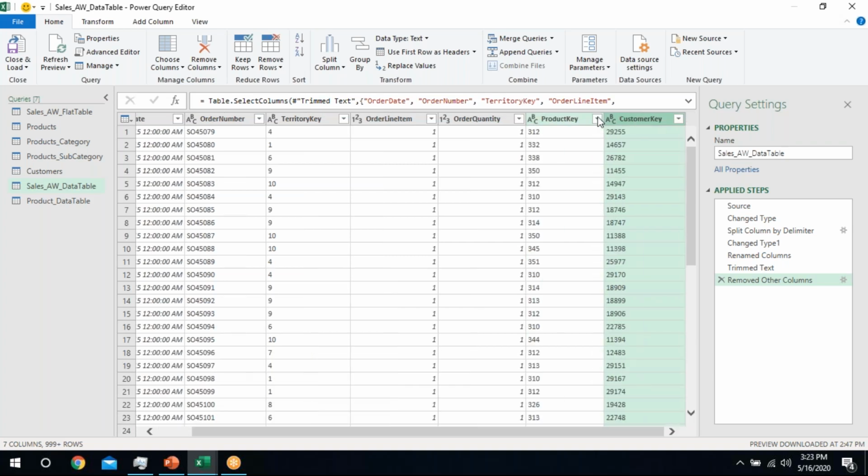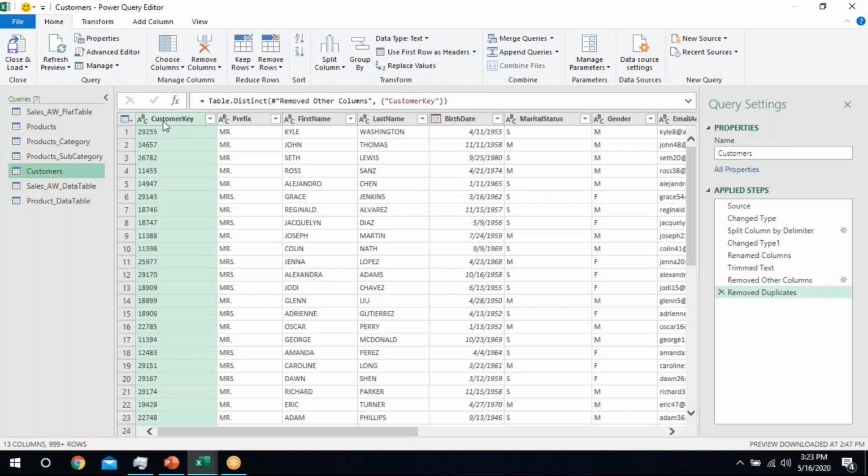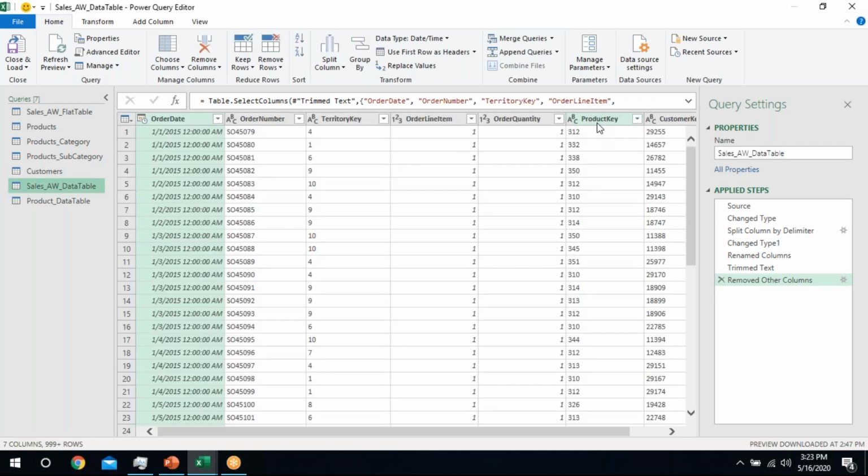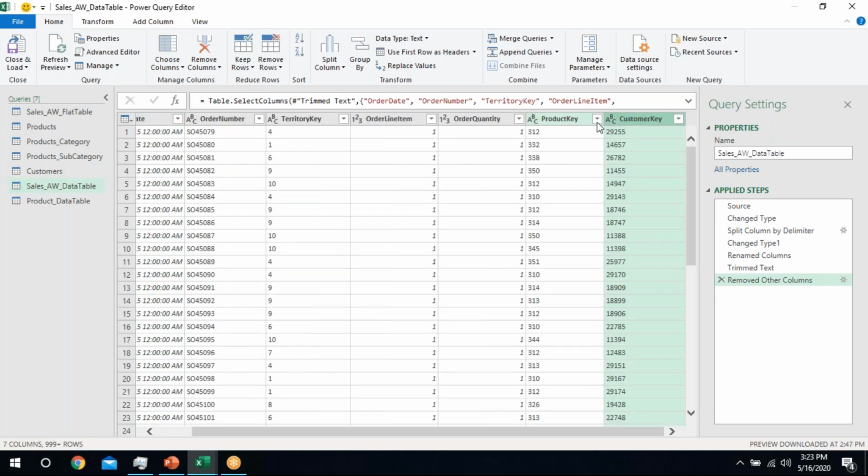Similarly, customer key is the foreign key in this table, whereas customer key is primary key in the customer table. Through these steps, through 1NF, 2NF, 3NF, I have normalized my data from the flat table, right?